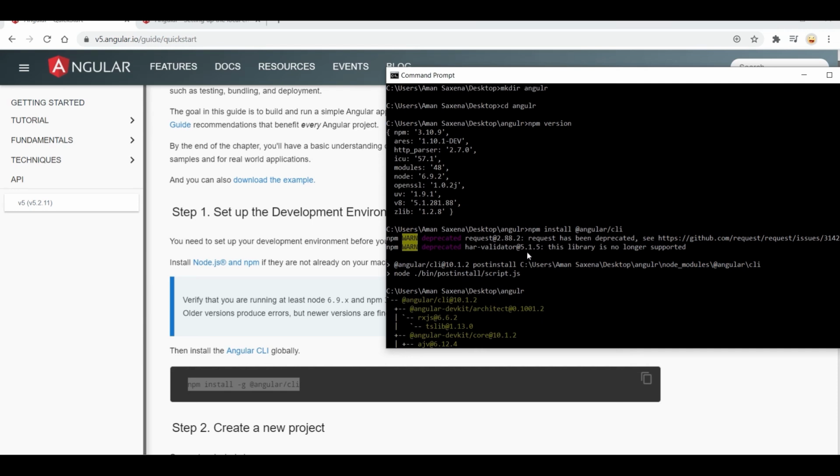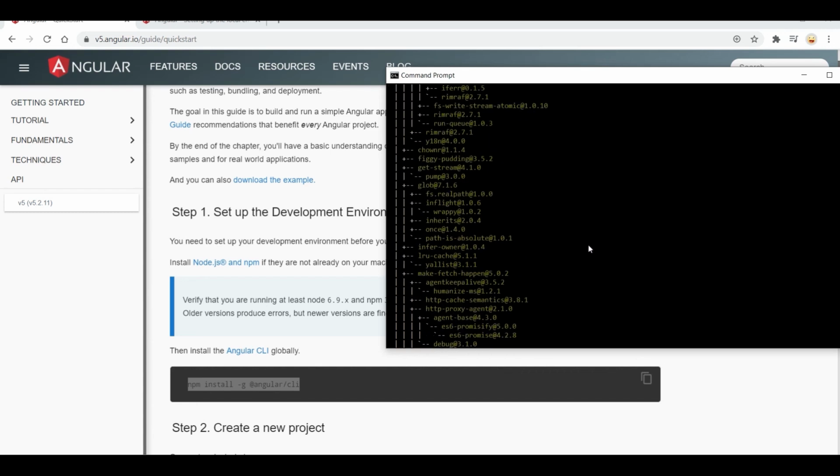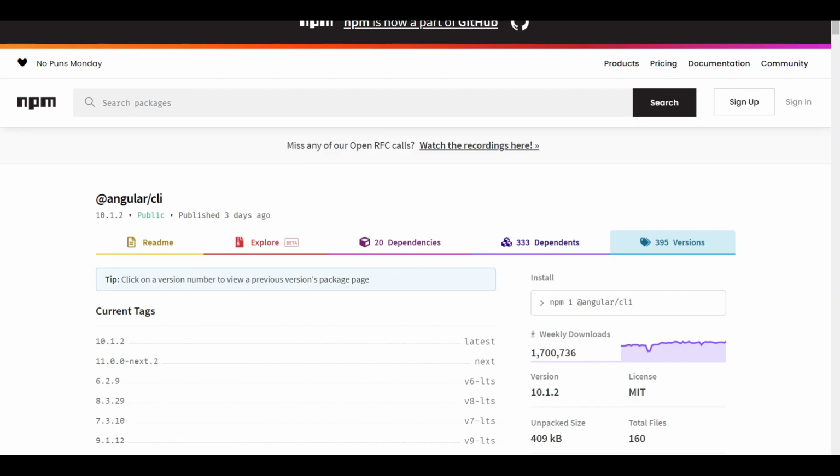But to install Angular version 5.2.11, we have to use angular/cli@5.2.11. And in order to do so, we have to get the minimum required node version as well.